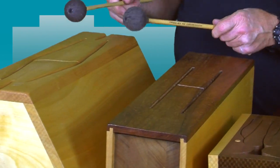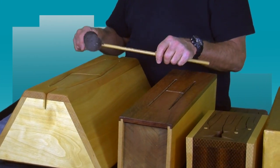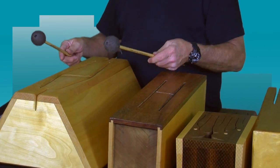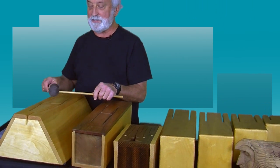Here on this side is a very large drum made here in the United States by a company called Nova Diversified. And it has the two-note tongue, and also the sides have a sound as well. So you can improvise and make a sound such as